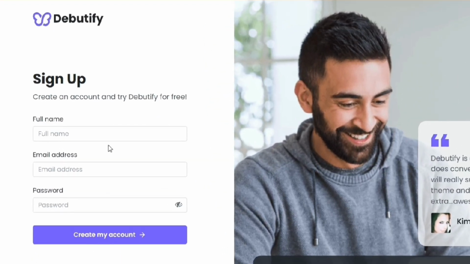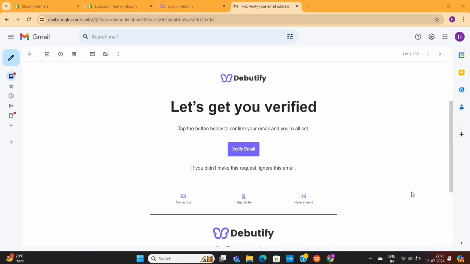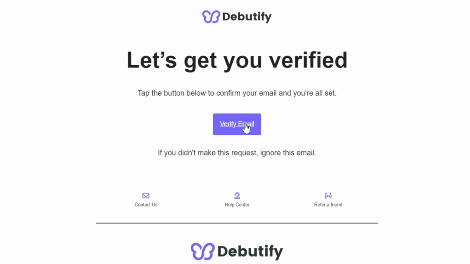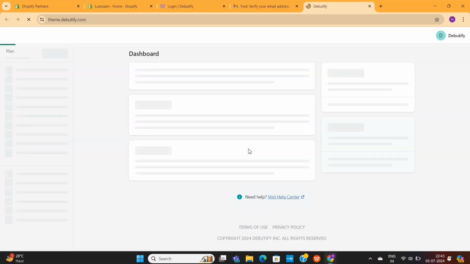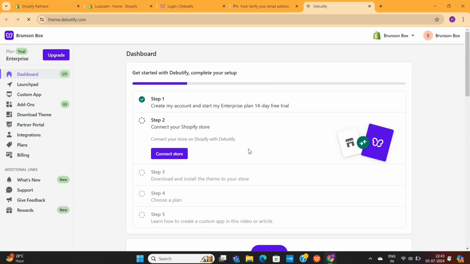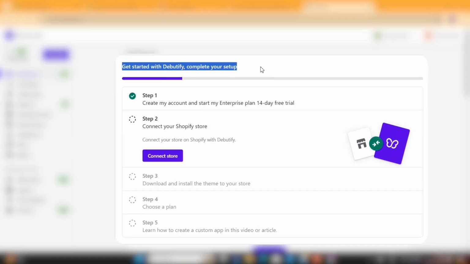To get that, you need to create an account here. Simply enter your name and email along with a strong password. Now, Debutify will send a verification link into your email. You only need to open your email and then click on this Verify Email button. This will take you to your Debutify account, where you only need to follow this step-by-step process to install your